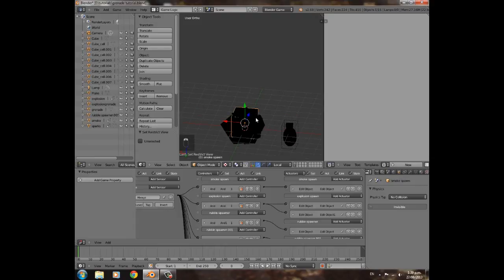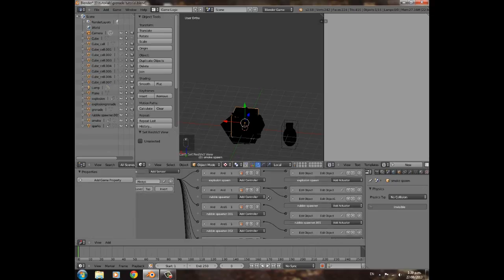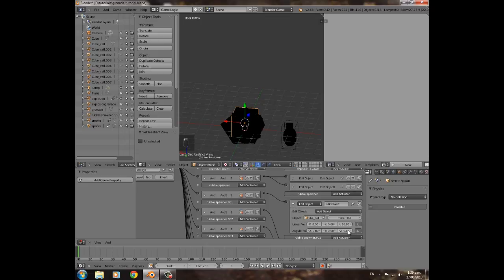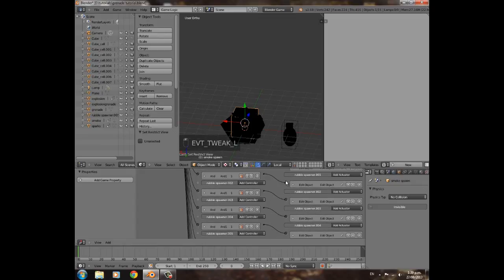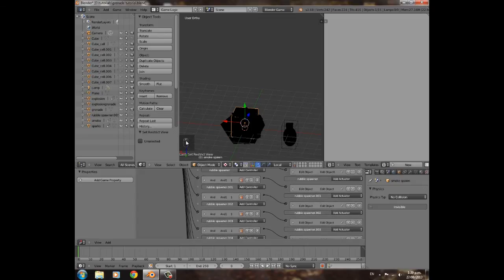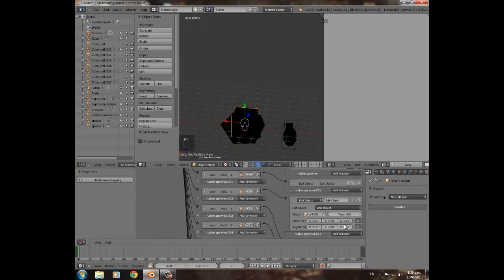You can go down into each of the, or just click one of these and go down into the rubble spawners and give it more angular velocity under the edit object. So you press your scroll button down and drag and then turn up your velocity,